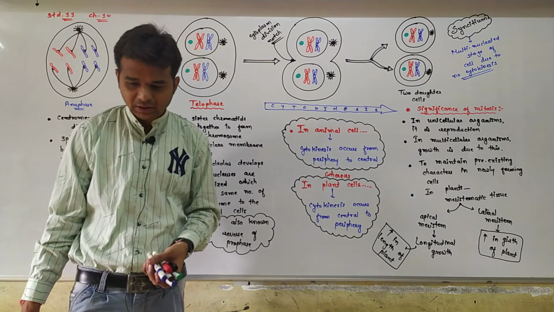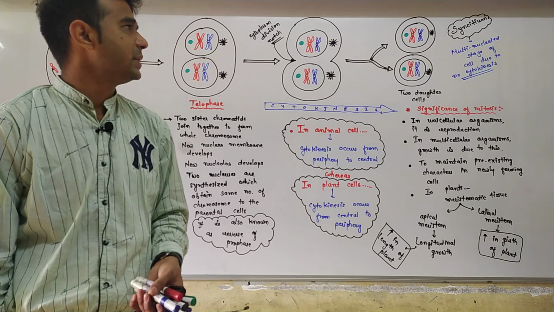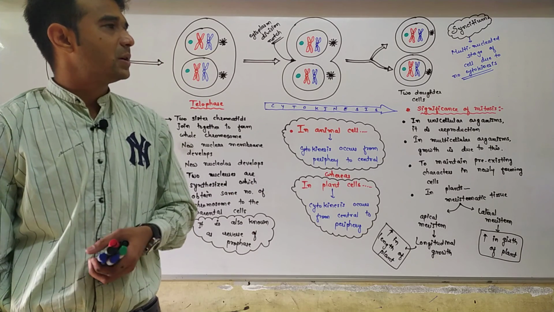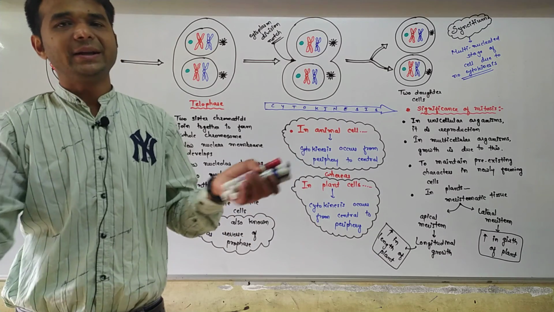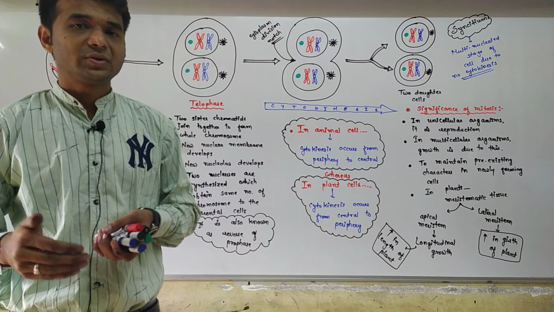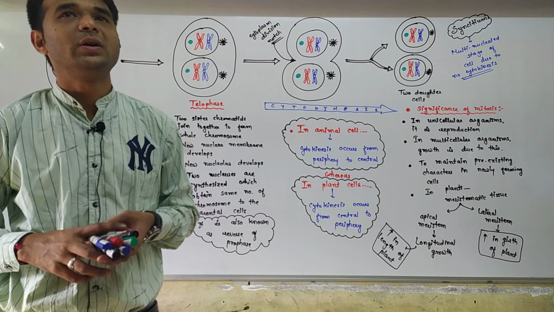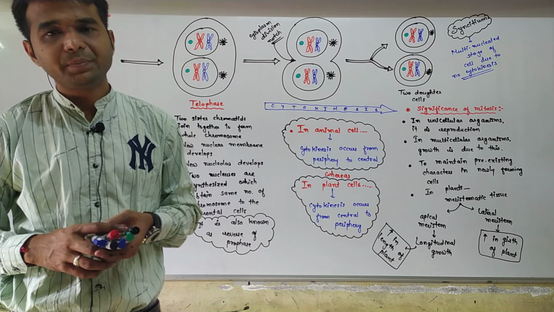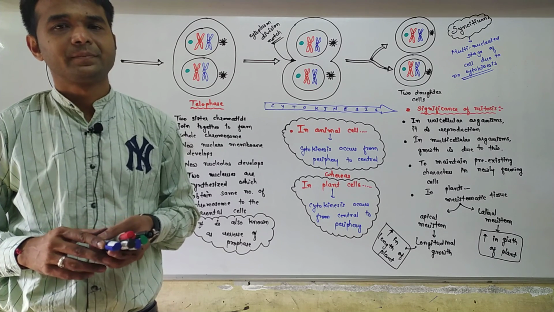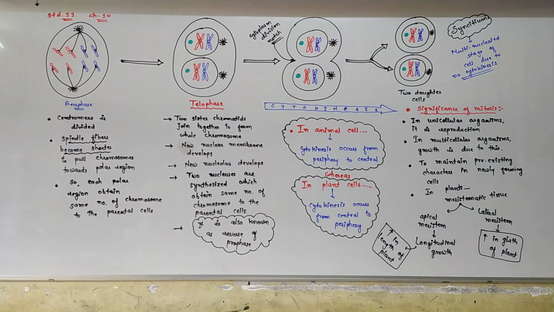After favorable conditions are obtained by the cell, according to the number of nuclei, cytokinesis occurs, and then many cells are formed there. That is known as multiple fission. So in multiple fission also, syncytium formation occurs. Fine. So this is about the